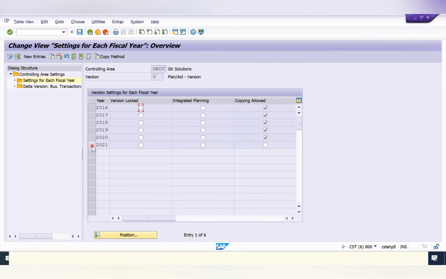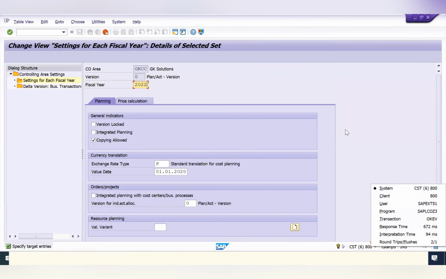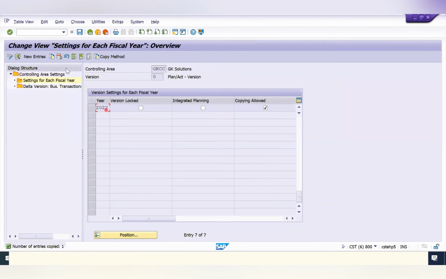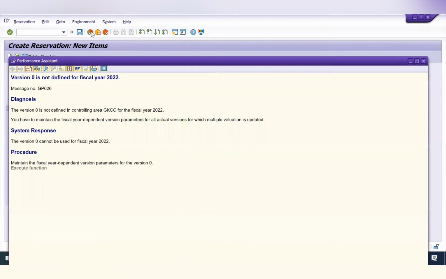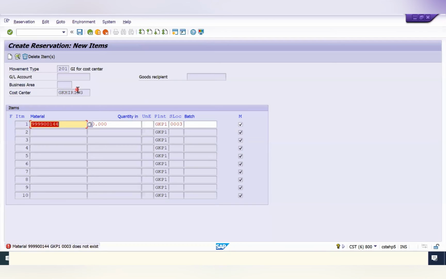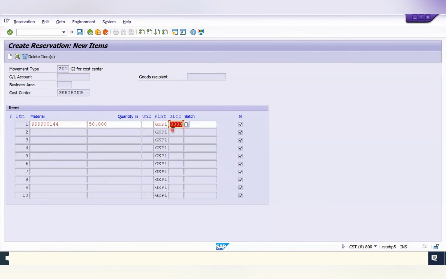Setting up for each financial year. I'm just maintaining for one more year, 2022. The transaction is OKEV. We maintained for 2022. Not available in the location. Anyway, during reservation creation, storage location is not a mandatory field. You can keep it optional, or you can